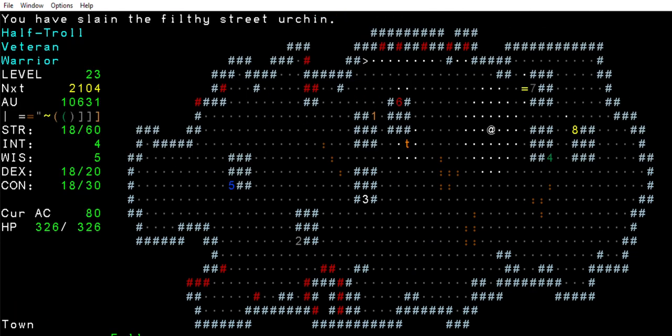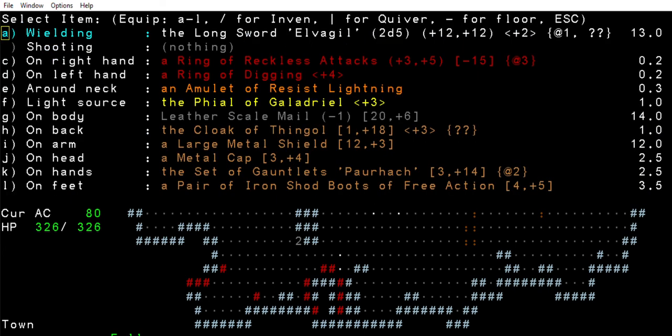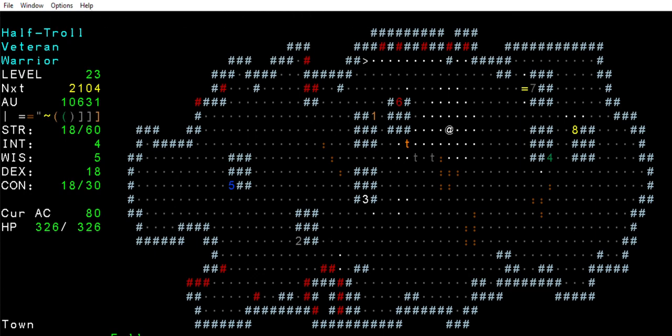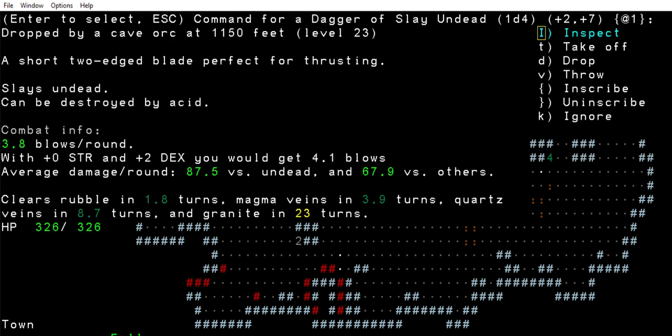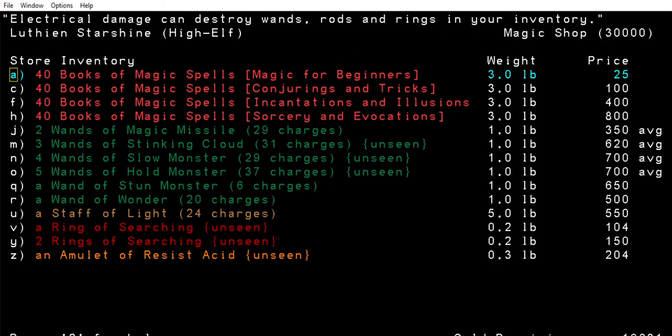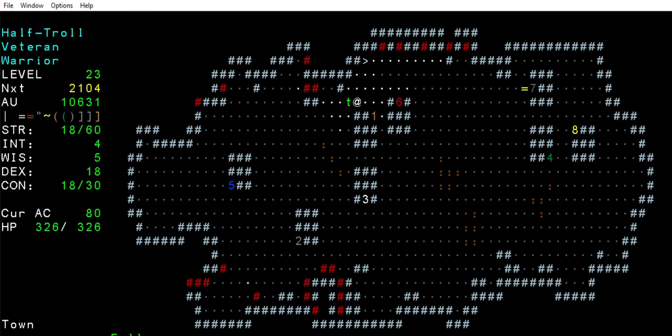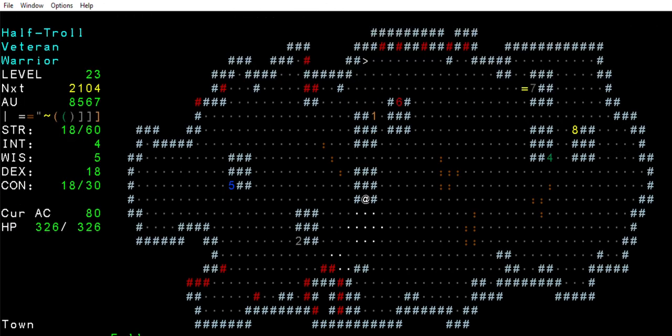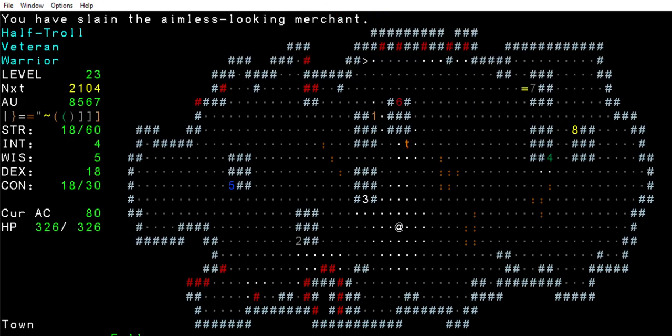So now we can easily escape. And with the reckless attacks, whoa, 79 it works. It's actually not terrible. 87 to undead, so our Elvigil is actually not completely useless right now. Which surprises me a little bit. Usually the weapon is fairly useless. And we checked, just by the short bow of power. So plus 18, that's a fairly...